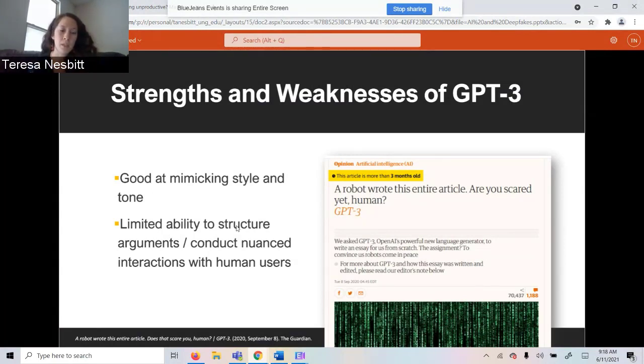He described it as being a mouth without a brain. So it's still not that great at structuring logical arguments and creating a good flow of text in a way that it's easy to decode and make sense of.